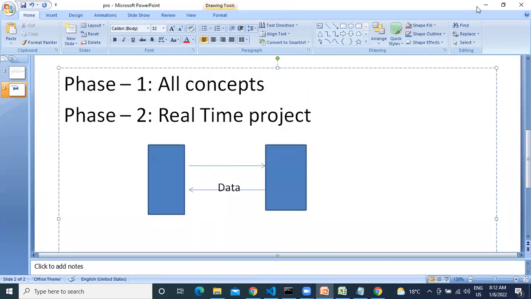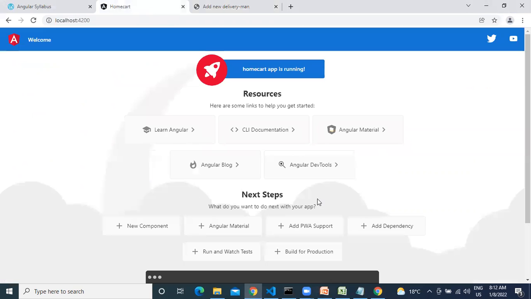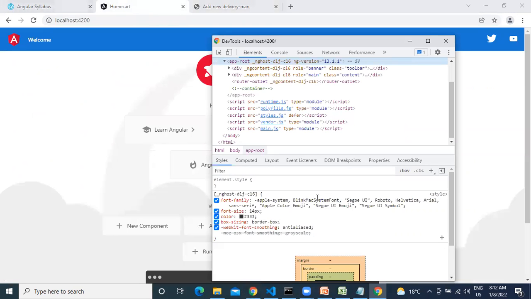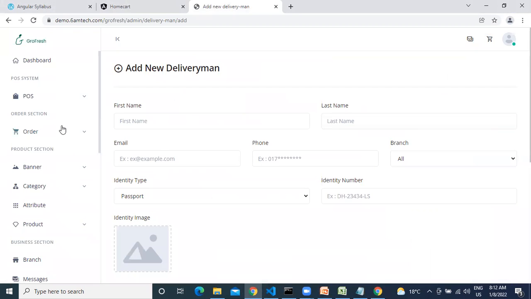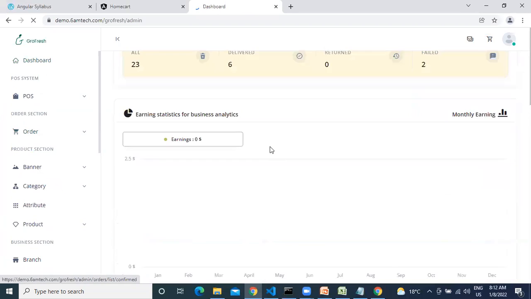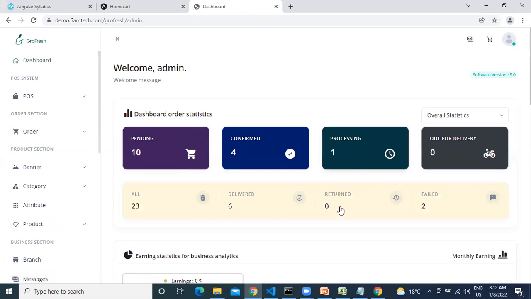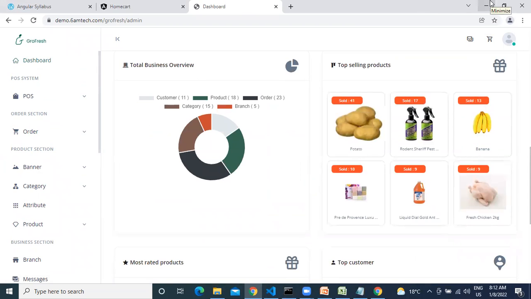So there is one thing else, right? We need to check like this. Data will travel, data will come, and the data will be presented by a component. That's it in Angular. Nothing else is there. But the way of the data can be a form. The way of data can be a grid. See here, this is the form. Once you come here, this will be the grid. Once you come to the dashboard, this will be charts or some representation. Whatever data can be shown in different ways. But think about it: data will come, data will go. But the way of presentation of the data changes once you are modifying such a thing.